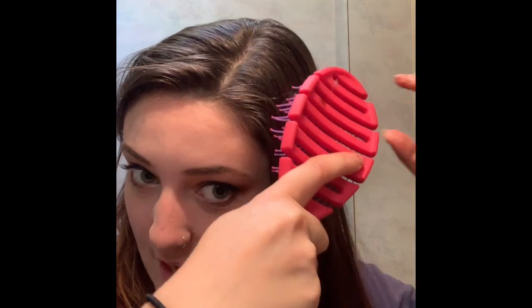So important when you start, always start at the bottom. Why? Because if you start here and yank it down, it's pulling the knot so it gets tighter and tighter and tighter until you're in a lot of pain. So what you need to do is clear the way down here so you get no pain. So now that that's smooth, then when you go up here,